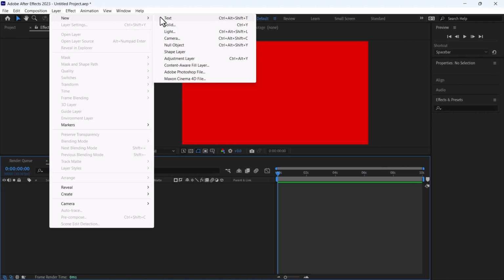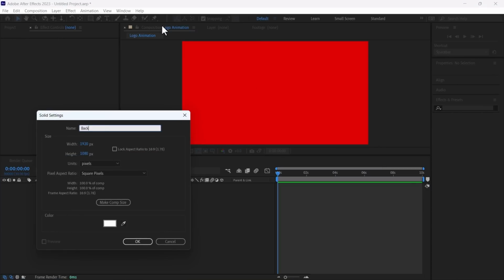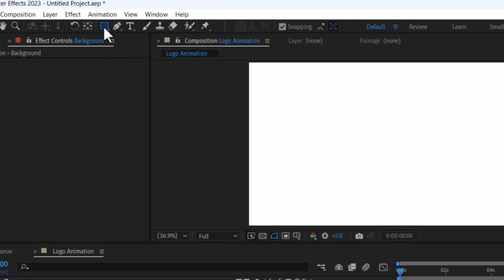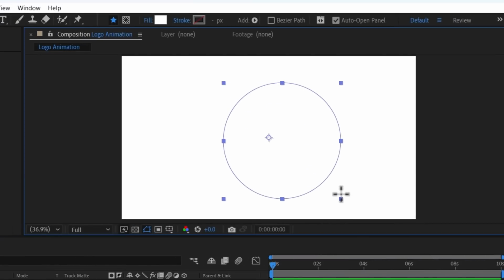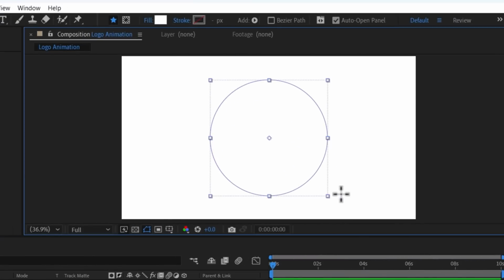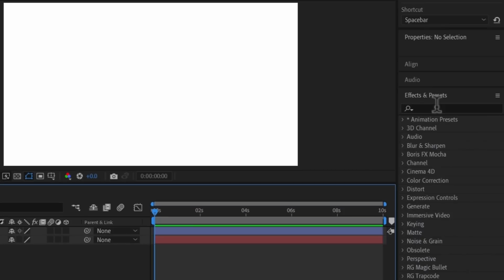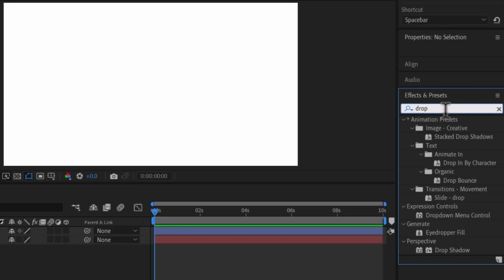Add a solid and change its name to background. From the Shapes panel, use the Ellipse tool and draw an ellipse. Ctrl-Alt-Home to center align. From the Effects and Presets panel, use Drop Shadow